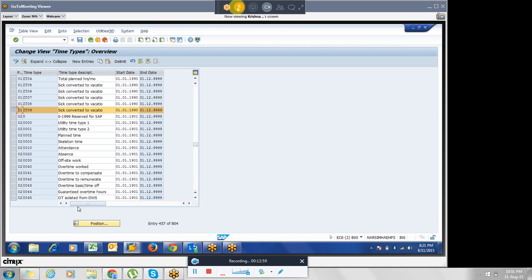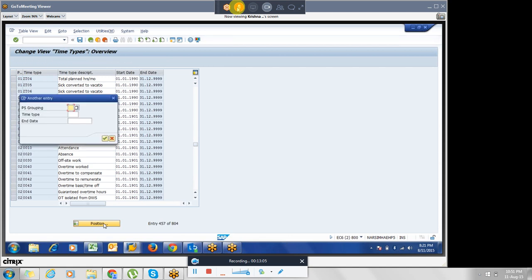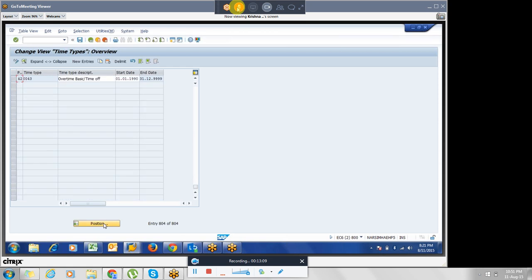If you are creating, say, 40, I don't think any time type is available for grouping 40. If you are thinking 40 is your number because you are implementing for India, or 10 if you are going for US, there won't be any entries.